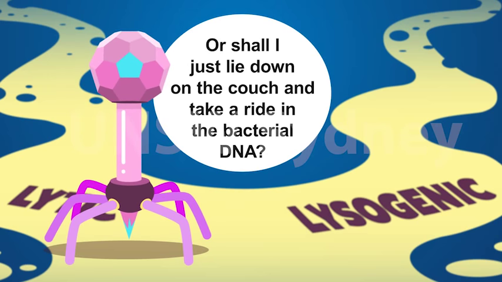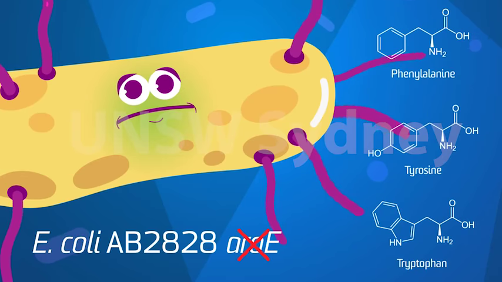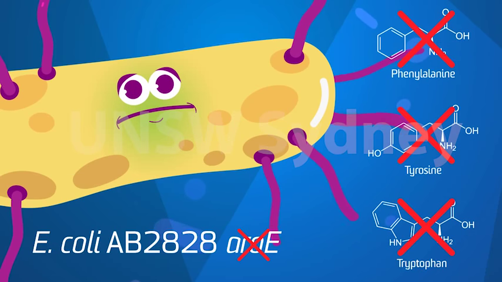In the practical, you will be performing generalized transduction with P1KC and E. coli. The E. coli strain that we will be using for our transduction is AB2828. E. coli AB2828 is an auxotroph due to a mutation in the gene ARA-E. This mutation inhibits the bacterium's aromatic amino acid biosynthesis pathway. This means that it needs the addition of the amino acids phenylalanine, tyrosine and tryptophan to live, as it can't